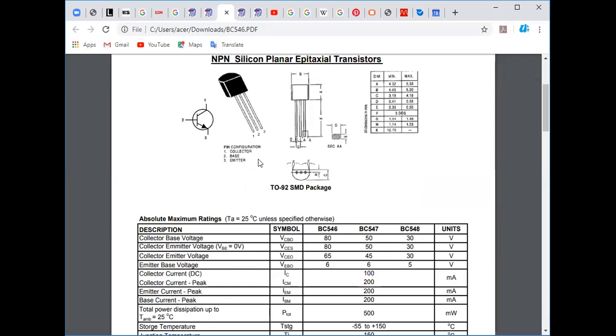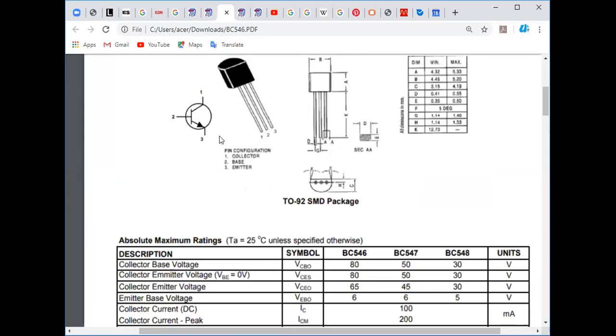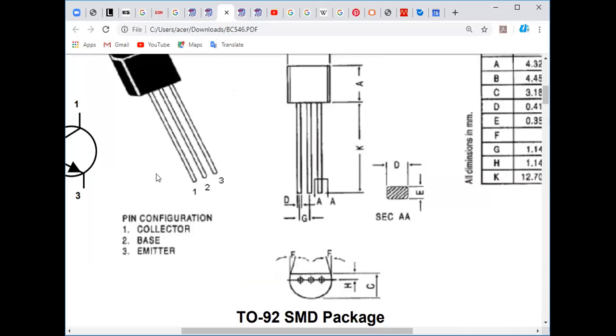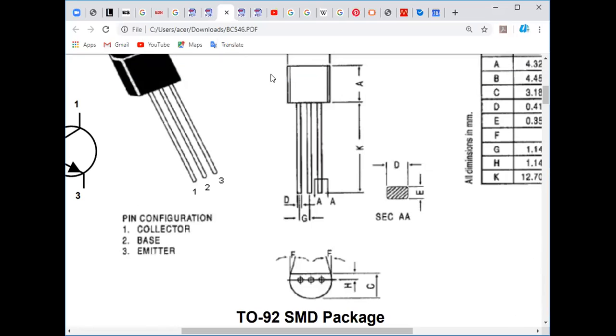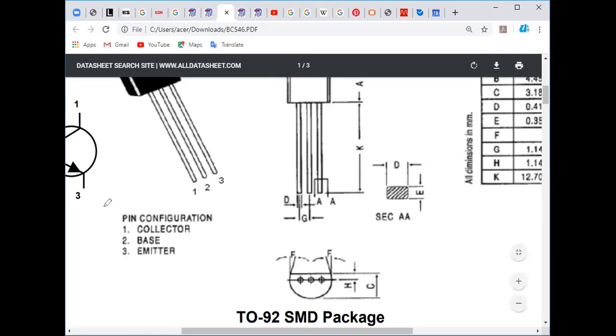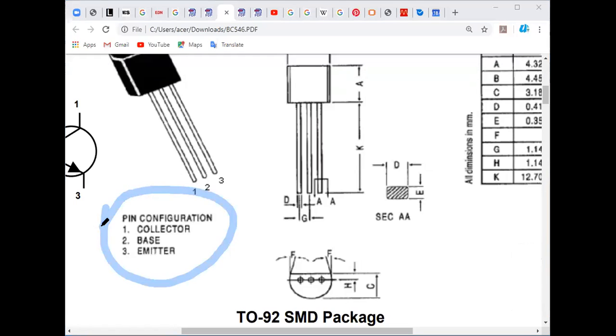Pin number 1 is the collector, pin number 2 is the base, and pin number 3 is the emitter. So this is the TO92 package.